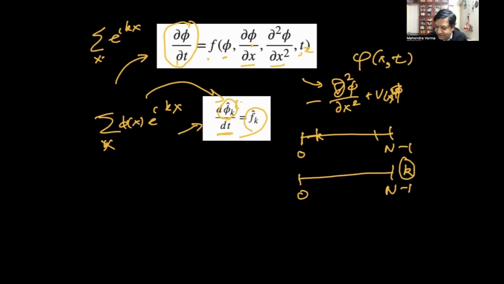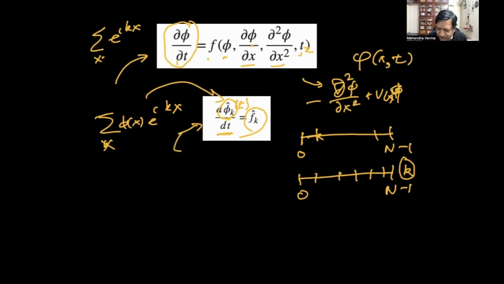This phi k is a function of time. I've frozen k. It turns out k is discrete in most of the numerical work, because I take a periodic box and discretize it. As soon as you take a periodic box of size L, k becomes discrete. K is continuous only when the box is infinite, and in simulations we most often don't use an infinite box. It's always a finite box. I hope I'm not sounding Greek. This is the spectral method.